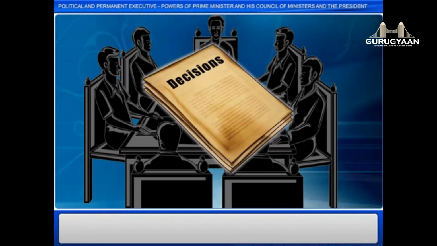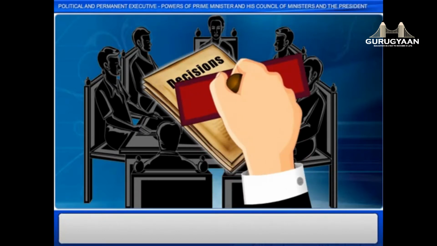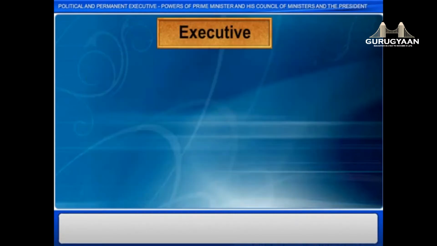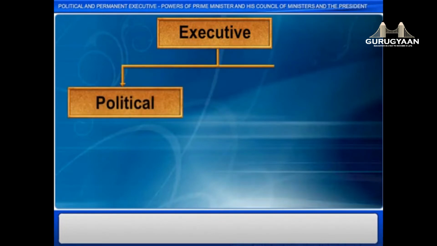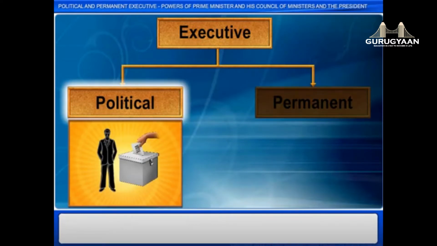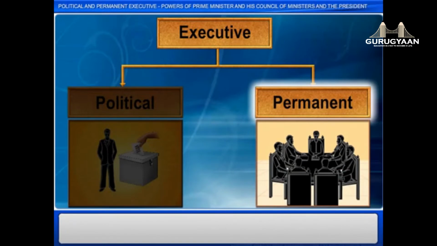They just execute the decisions, but do not have powers on behalf of the people. A group of such functionaries is called the executive, as it executes the policies of the government. The executive has two categories: political and permanent. The political executive consists of political leaders who are elected by the people for a specific term. The permanent executive includes members who are appointed on a long-term basis. These members remain in office even when the party in power changes.